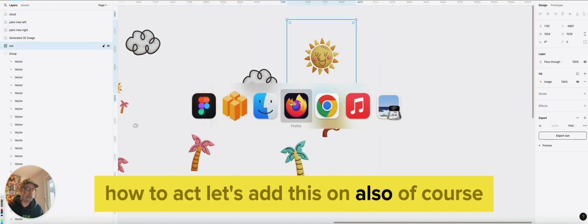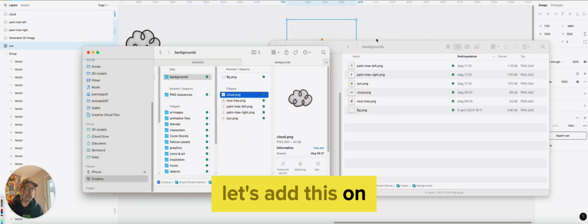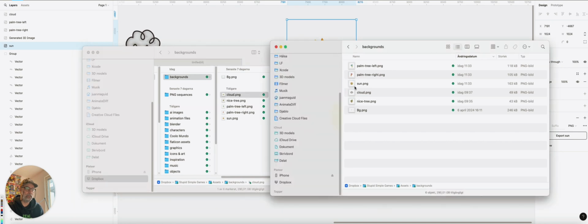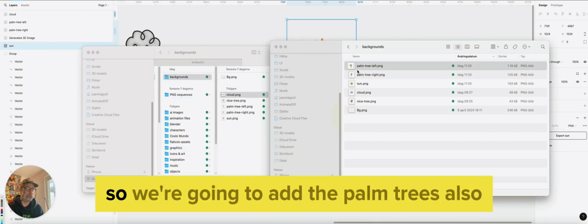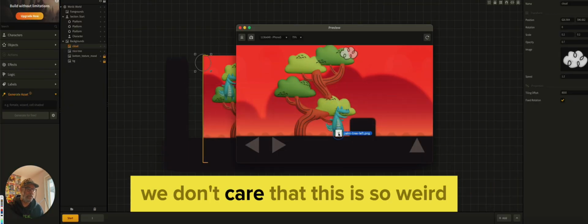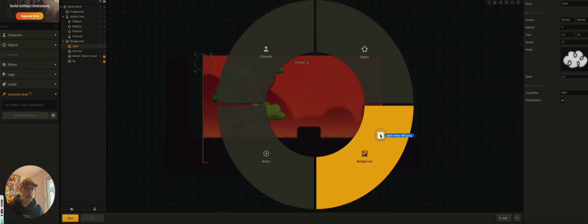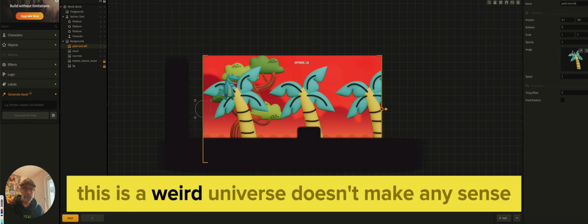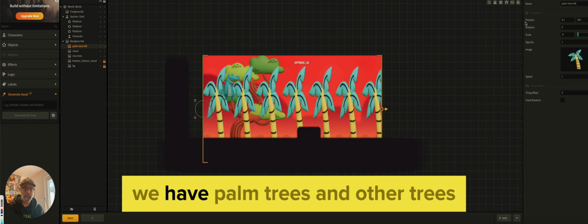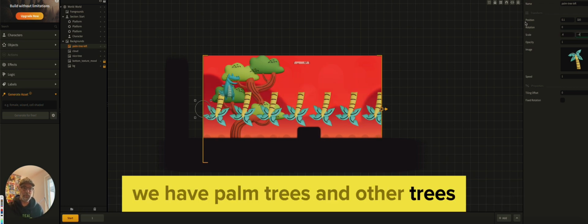Let's add the sun also, of course. Let's add the sun. And we have the palm trees. So we're going to add the palm trees also. We don't care that this is so weird. Let's add them as a background also. This is a weird universe, doesn't make any sense. We have palm trees and other trees